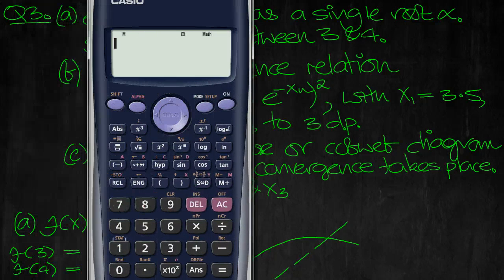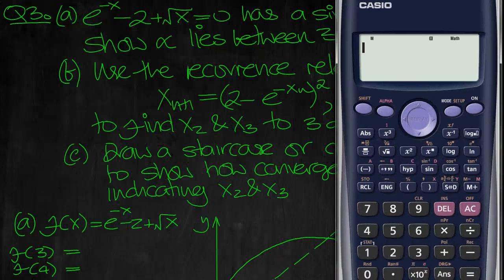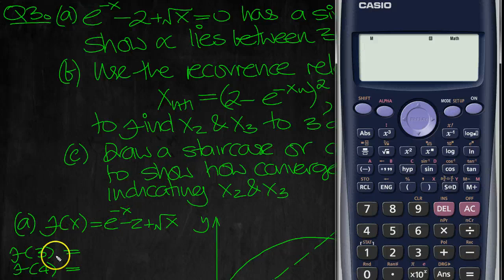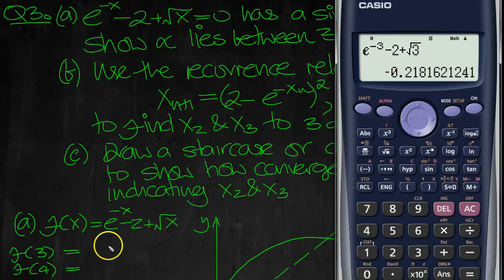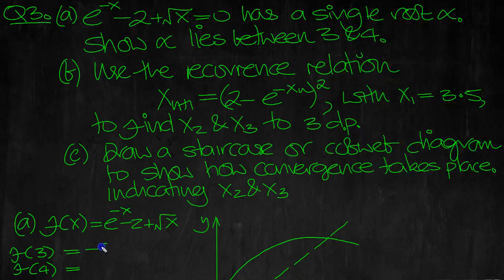Okay, let's tap them in the calculator then. I'll put this over here. So, put 3 in, e to the negative 3, minus 2 outside the exponential, and then plus the square root of x, which is 3. We've inputted 3 and 3 in here and here. We get minus 0.218,